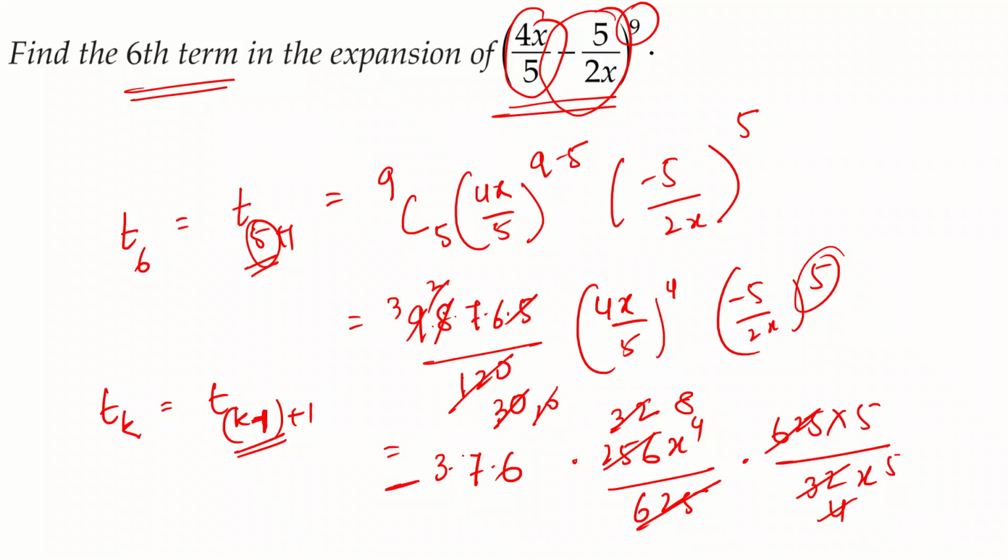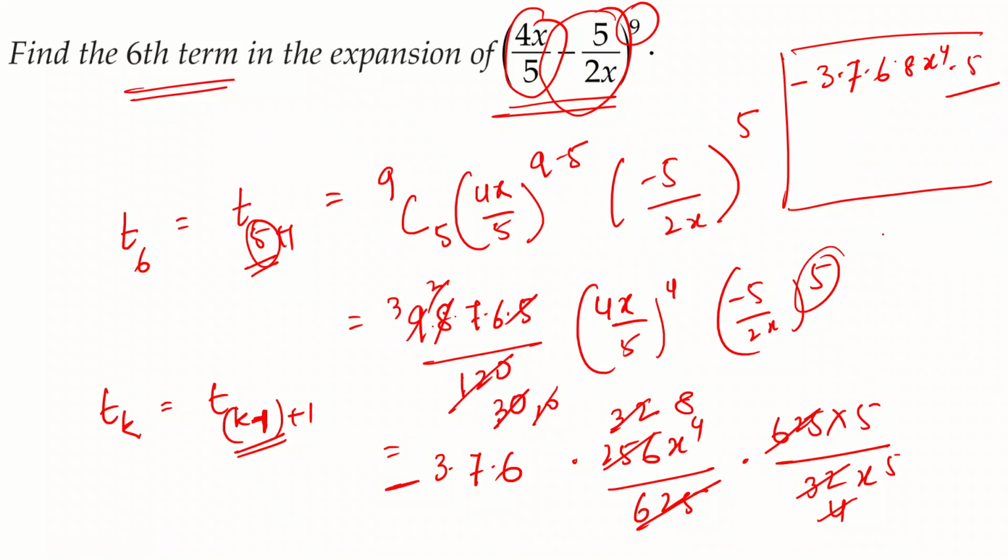So what we are finally left with is, let me write it down over here, I'm sorry for the lack of space. So it is minus 3 times 7 times 6 times 8 x to the power of 4, and at the end, 5 is remaining, so we are having into 5 divided by x to the power of 5. Okay, so you have to multiply all of these, 3, 7, 6, 8 and 5, and x to the power of 4 and x to the power of 5 are cancelling out, so you'll be having x in the denominator, and that's it. I leave it to you, there's multiplication that you can do.